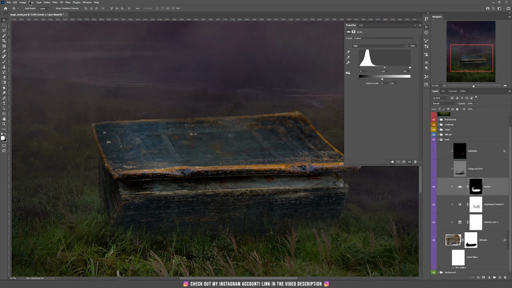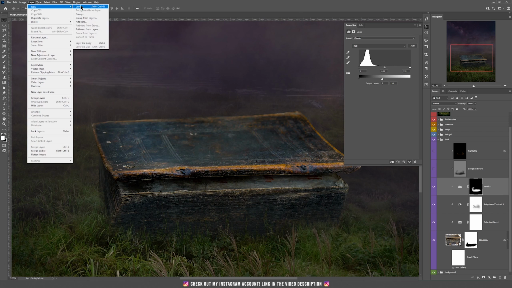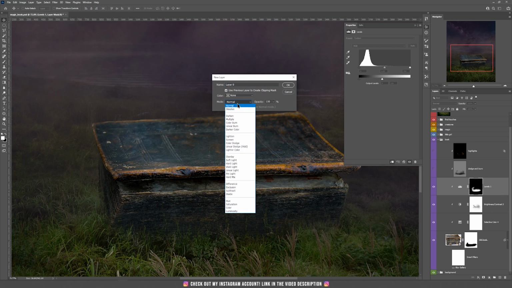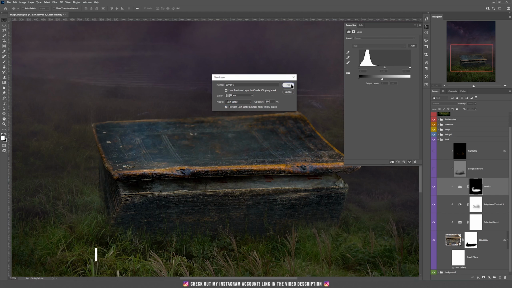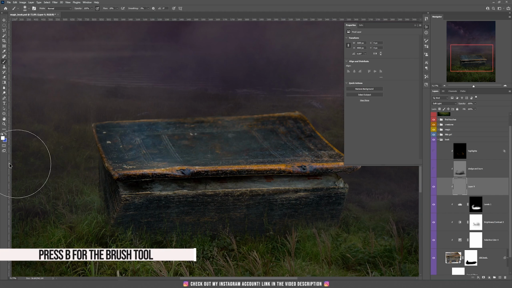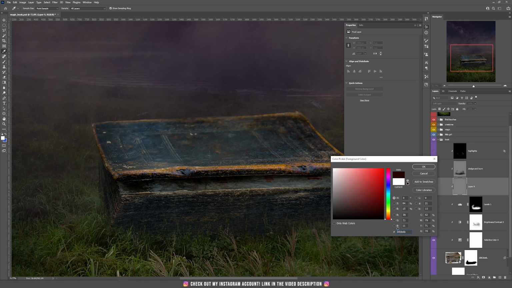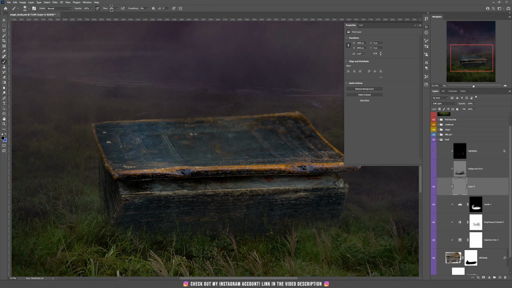Just go to layer, new layer, and the mode should be soft light, and be sure to check this one with 50% gray. Then, if you are taking the brush tool and the black color, be sure that the flow is around 5%, let's say. And now if you paint with that black color, it will make parts of where you are drawing even darker